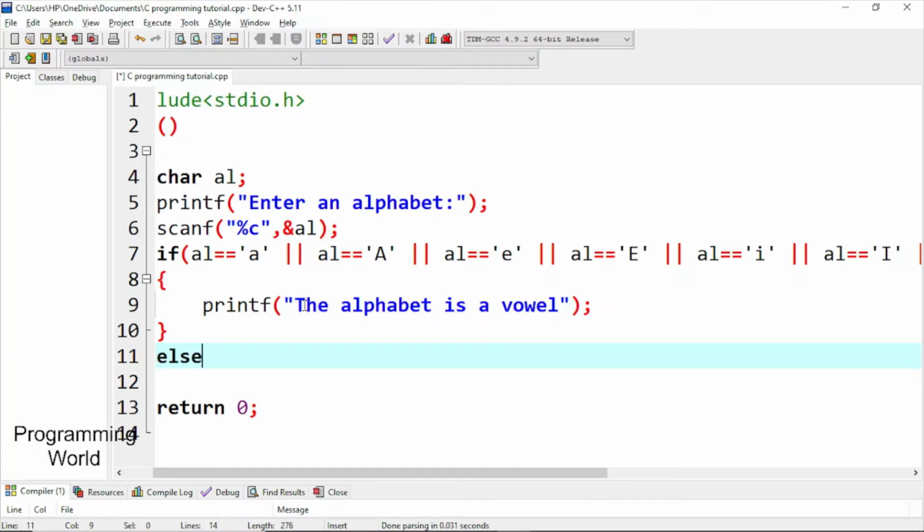Else if the alphabet is in A to Z, then it will print the alphabet is a consonant.